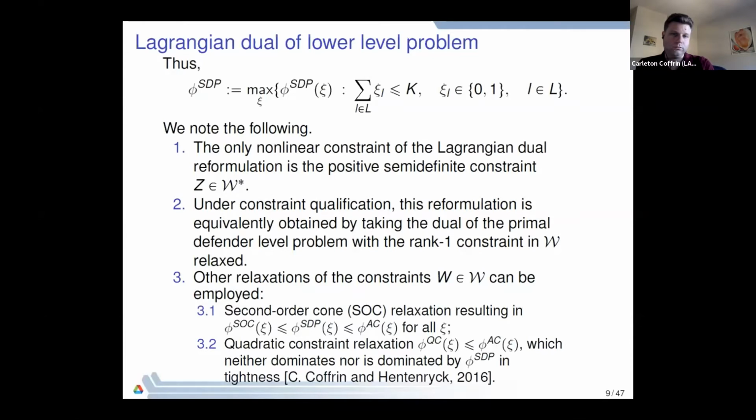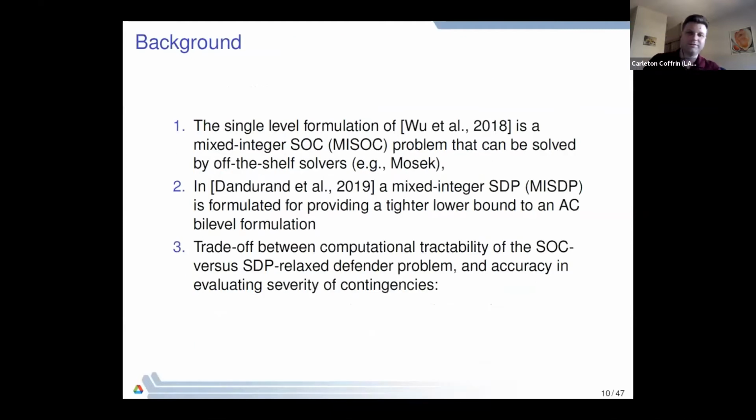And there's a hierarchy to relaxations. And then there are other relaxations like the quadratic constraint, which in theory neither dominate nor are dominated by the SDP relaxation. A related work addresses the single level reformulation using the SOC, the second order cone relaxation of the defender level problem. And this single level reformulation is a mixed integer SOC, which can be solved by off-the-shelf solvers. We consider a tighter